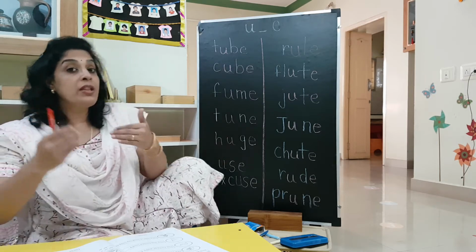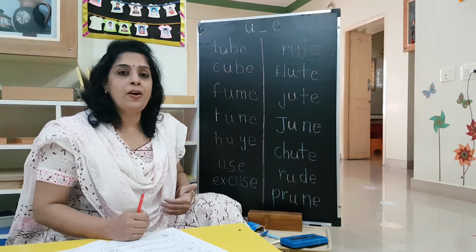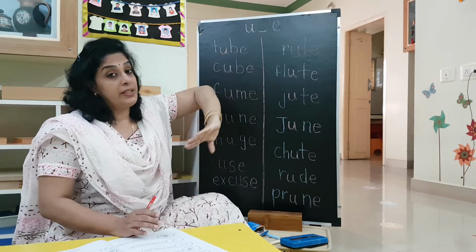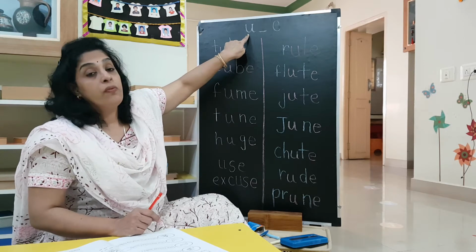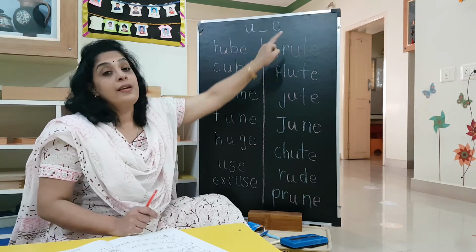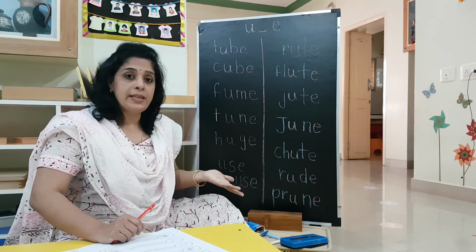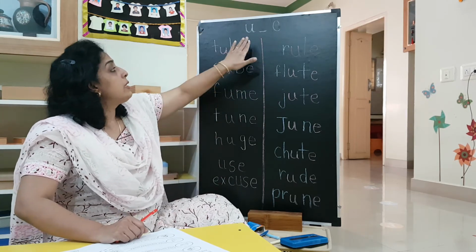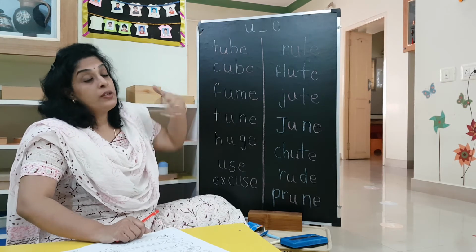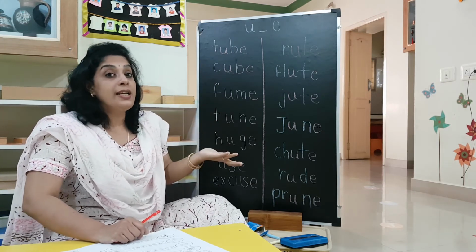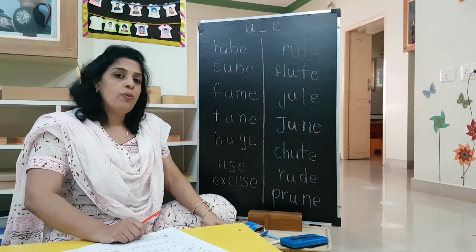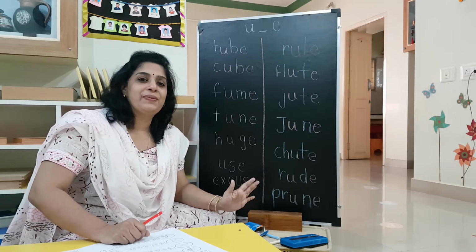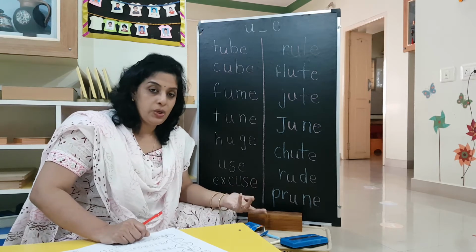That is something that you will see every day when you are writing your workbook. The name and date. In that itself you will see the A consonant E. Today we are going to focus on U consonant E. The new split diagram is U consonant E. What does U consonant E mean? If I say A consonant E sound is A itself, what is the sound of U consonant E? U itself. It's going to be U.